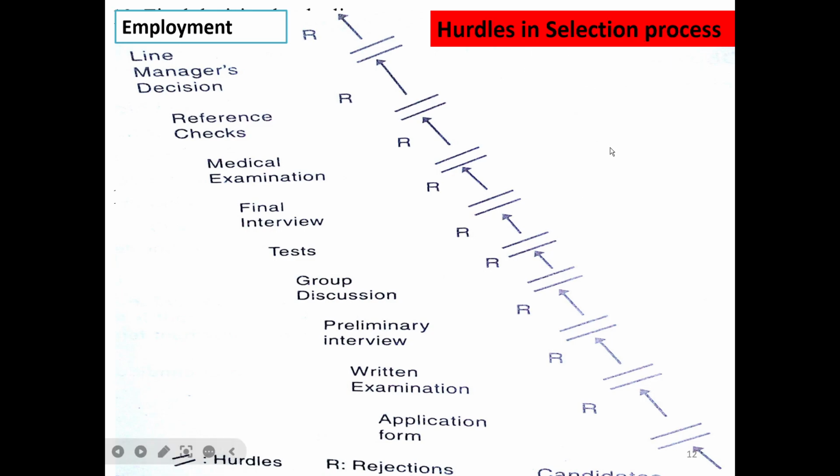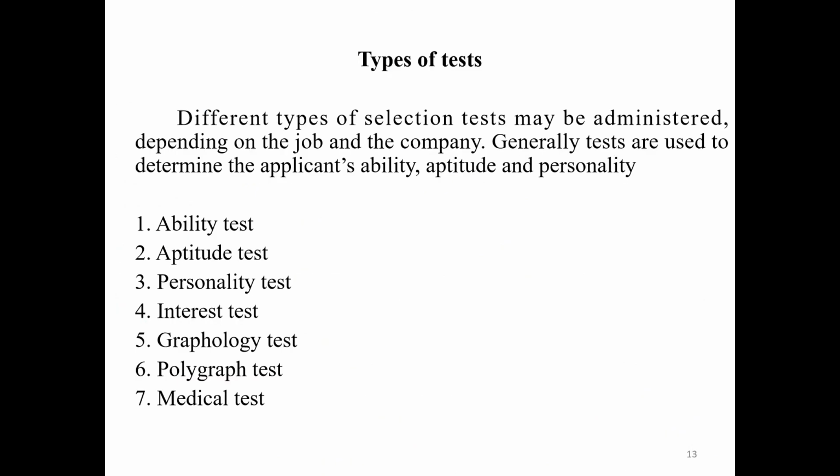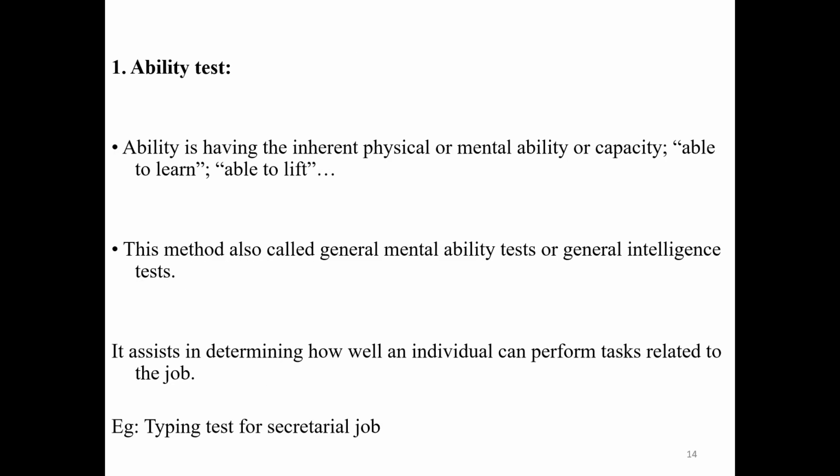So these are the hurdles in the selection process. And next we are going to learn about the different types of tests that will be given in the selection process. First is the ability test, then the aptitude test, the personality test, interest test, polygraphy, and medical test. So these are the major important tests that will be given at the first priority. So the ability test means